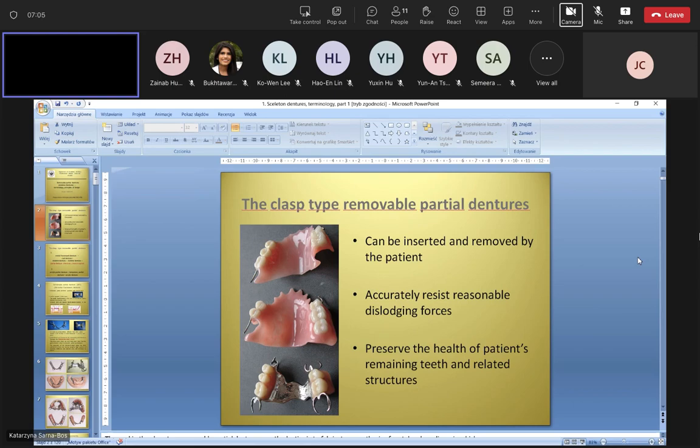And as you see, the difference between the two of them, the first difference we can notice is the base. Here the base is made of acrylic resin, and here the base is made of this metal framework. So we've got two types of removable partial dentures: metal framework denture, cast denture, skeletal denture, partial denture. These are the names of the same denture, and partial denture is the most common name used